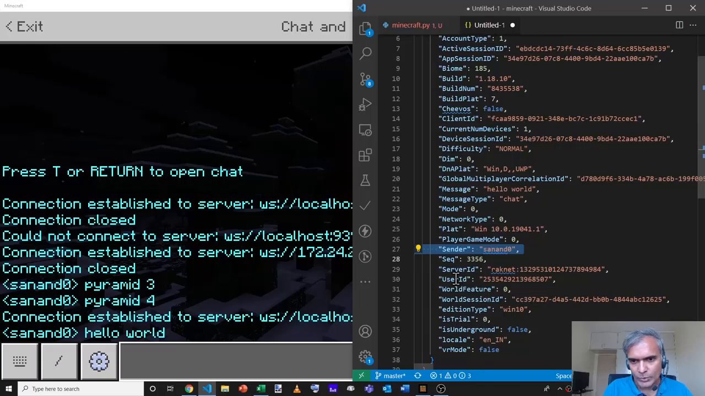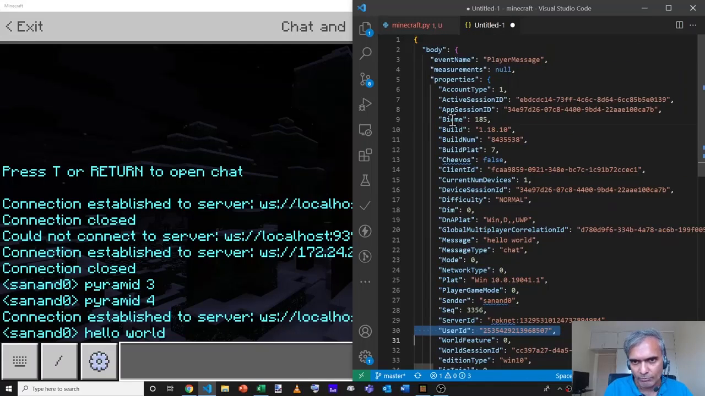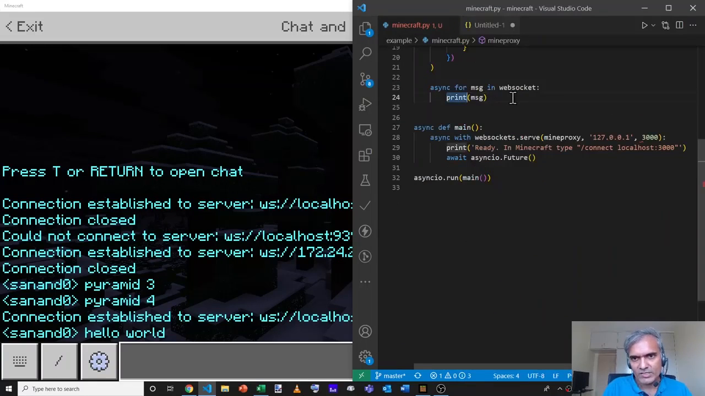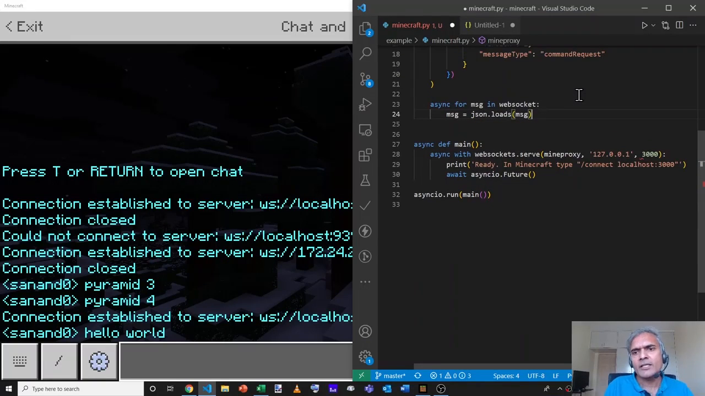We can figure out whether the user has a unique ID. We can figure out what is the type of biome that we have, what is the build of the server, and several other things. But most importantly, it allows us to figure out that a player has typed a message called hello world. Since this is in JSON, what we'll do is say that message equals JSON.loads of the message itself so that it will automatically get parsed as JSON,